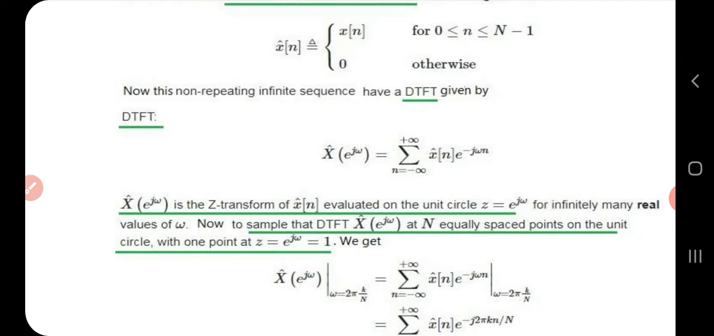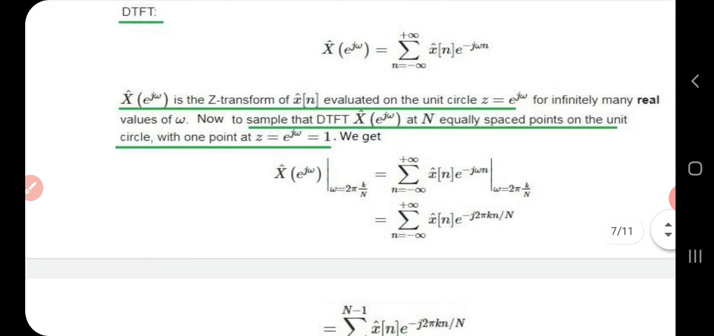Now we are going to sample, or divide, that DTFT, that is x cap e raised to j omega, at N equally spaced points on the unit circle z equal to e raised to j omega. So this is how sampling is done. X cap e raised to j omega at omega equal to 2 pi k by N. So we are sampling it in the frequency domain at interval omega equal to 2 pi k by N, and